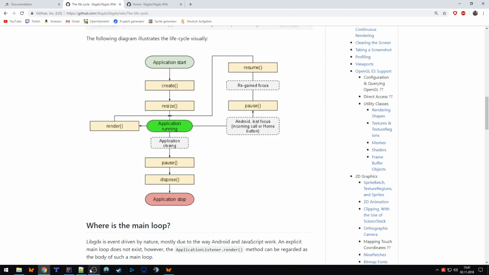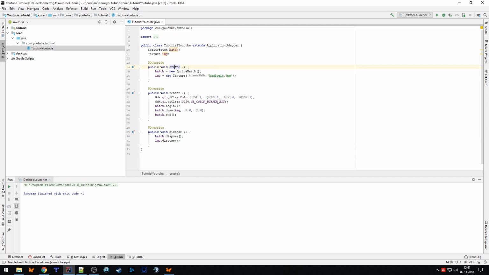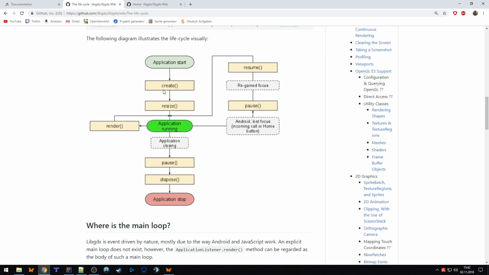So when we, let's say, press the button to start the game, then the application starts, and then it's calling the create method. That's the thing that we see here. In this create method, you normally set up some things that your game is needing. For example, a sound manager, which is then responsible to play sounds, or something which is responsible to draw images to the window and so on. So to set up things at an early stage, that's normally done in the create method.